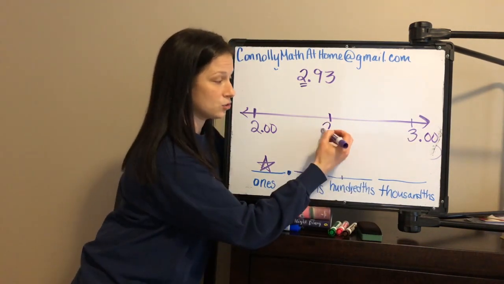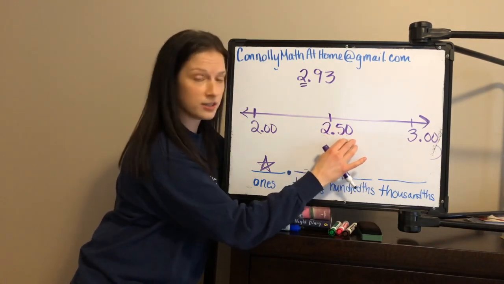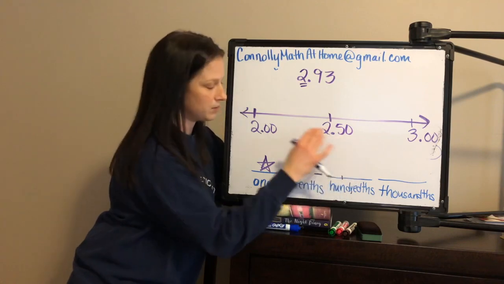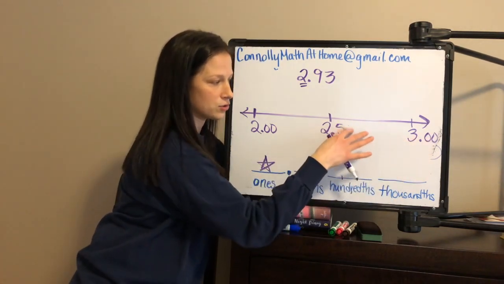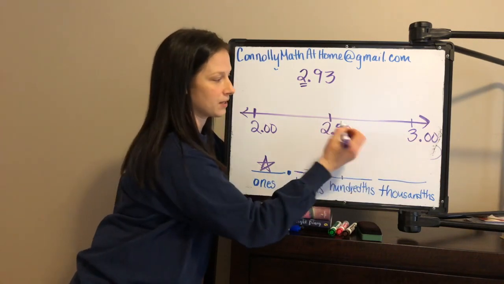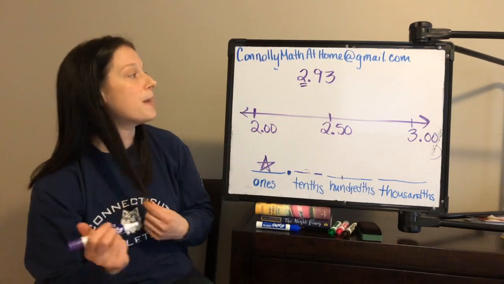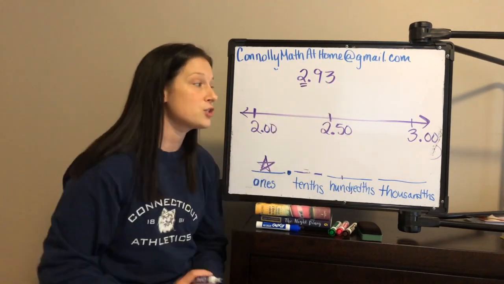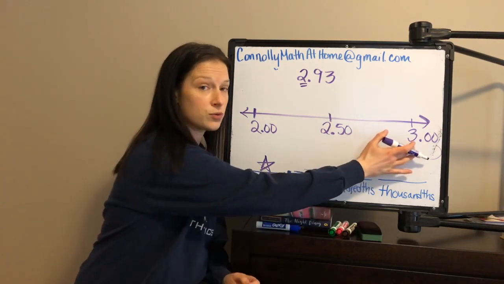It would be $2.50. So 2 and 50 hundredths would be halfway between 2 wholes and 3 wholes, okay? This is also 2 and 5 tenths, 2 and a half. That's how we think about where we are here. All right, so when we think about 2 and 93 hundredths, is it closer to 3 wholes, $3, or is